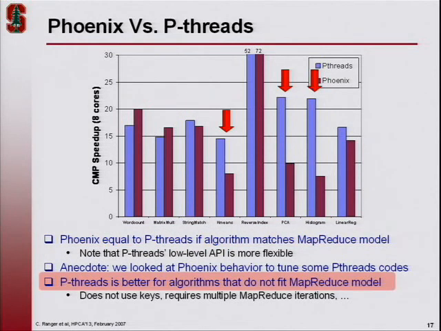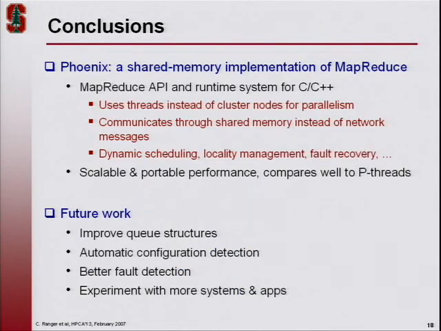For other applications, we see that Pthreads actually performs better than Phoenix. That's because these applications do not match the MapReduce model as well, either because we had to introduce keys or it was an iterative algorithm. So we seem to get pretty comparable performance with Pthreads, and we're pretty pleased with that. Even though we may not get the best performance all the time, this tool really does simplify parallel programming, and it is a useful tool. In conclusion,